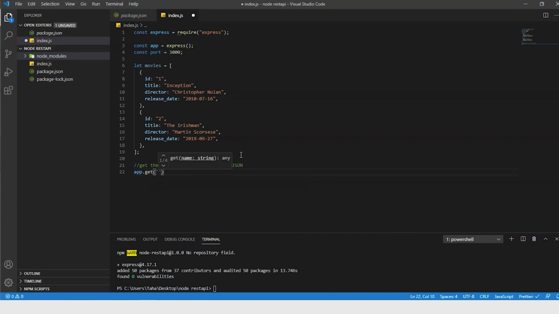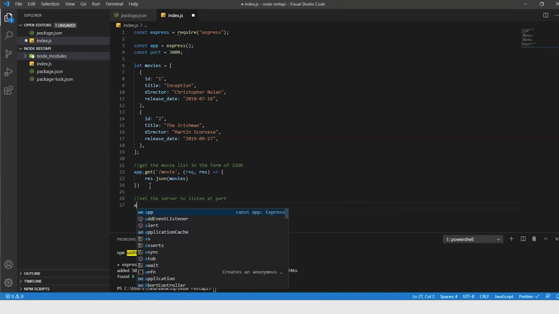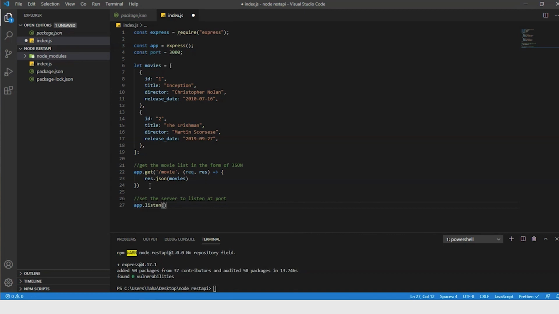So let's go ahead and start with the get. And what we want to do is we're going to select get/movie, and we are going to have this run as an API. And so what we'll do is we will test this in a moment. This will be running from our web browser. Actually, we'll probably open up Postman and run this through Postman. So, okay, that pulls all the movies. And we'll do another get in a moment where we'll filter by movie ID, but let's just get them all for right now. And we are going to listen